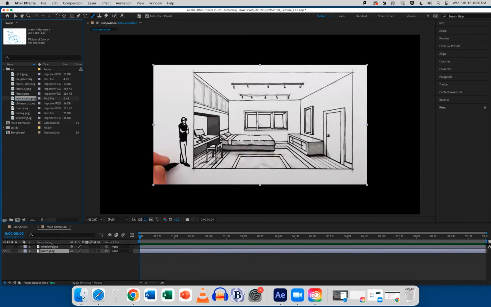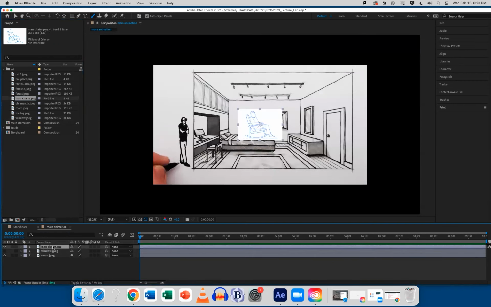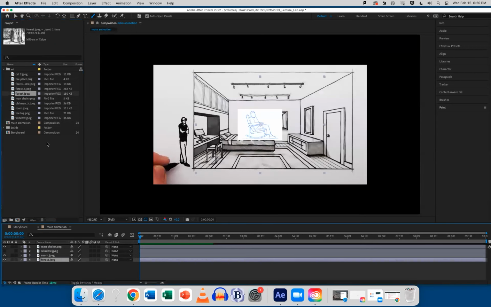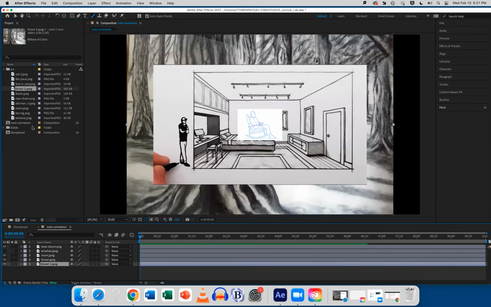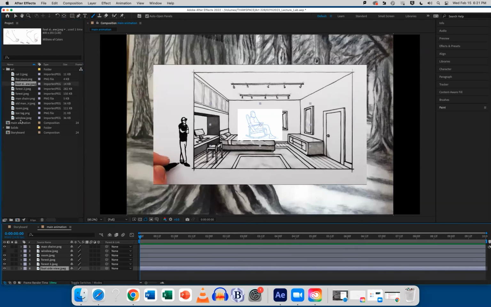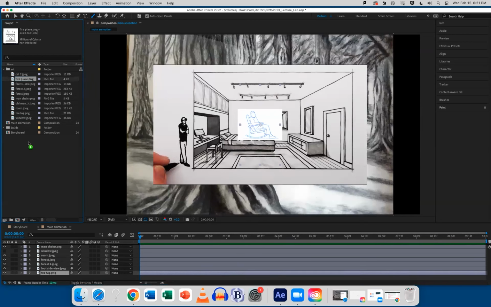Just clicking and dragging it into the timeline. And remember, whatever's on the top will be on the top. I've got a forest for the view out back. Here's a second forest idea in case I don't like the first one. There's the foot for the toe tag, so I'll need that. May as well bring my toe tag in at this point. Fireplace